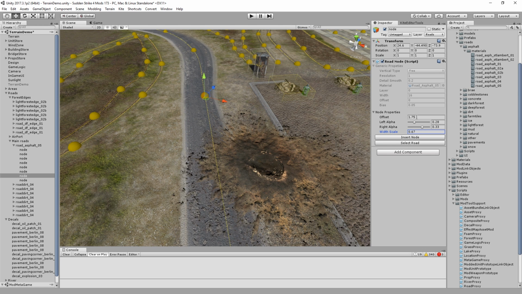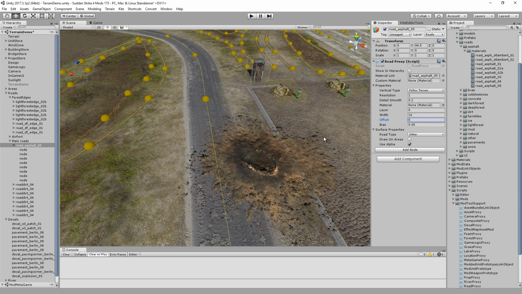Please note that offsetting only works with free mode roads. So far we were only concerned with visuals, but in the long run we want to create a gameplay area, and different terrain types are an integral part of that. You can configure a road to not override any surface areas underneath it, or use any of the two provided